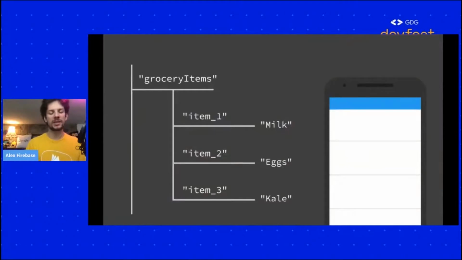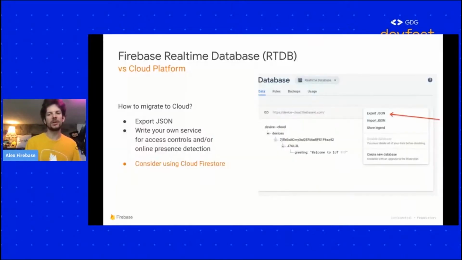Okay, so like I said, the structure is pretty simple. That means you can store data, but you can't really store a whole lot of it. You can't really store terabytes of data in here because it's just one big blob, and well, it's not meant for that. So what do you do in one of these cases when you really need to store a lot of data, or you want to have more structure, or you want to have better querying capabilities than just looking up some values in a tree? Well, in this case, you might want to migrate a portion of your data from the real-time